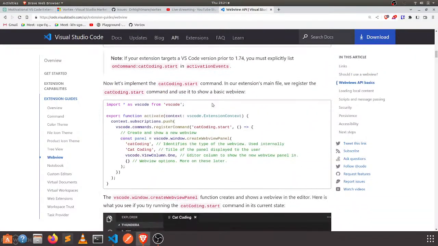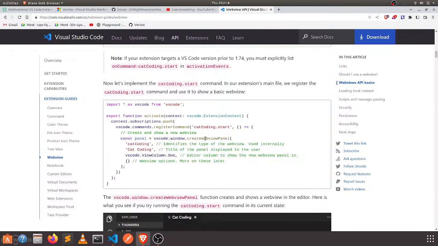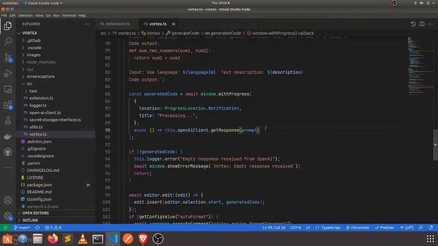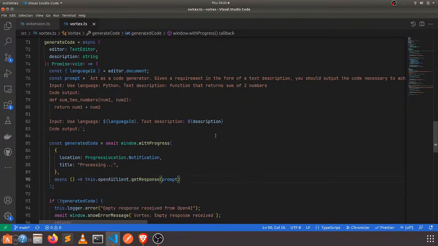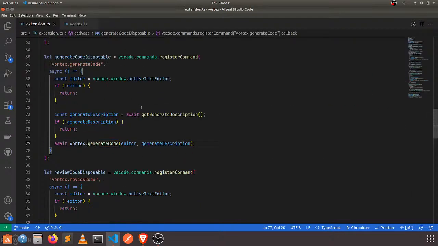What I need to do here is, if I want to show a web view, I need to use the create web panel command to create the web view. So let me actually try that. What I'm going to do is, let's do that. I can maybe add a dummy command to test web views, maybe. Or for now, let me override what